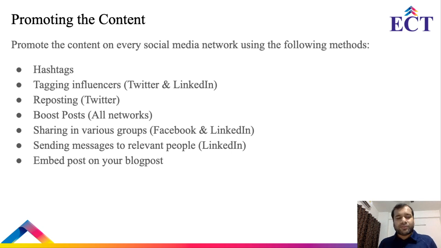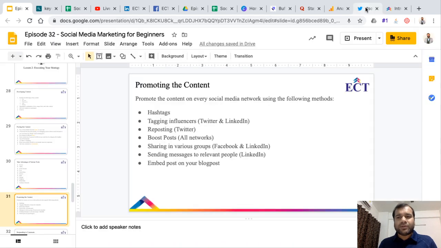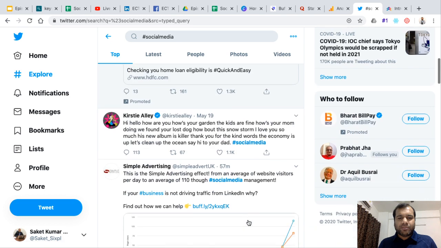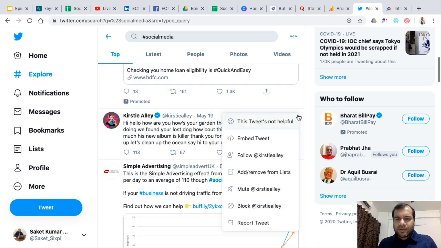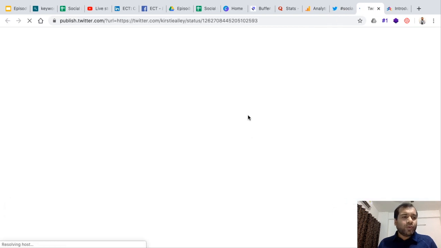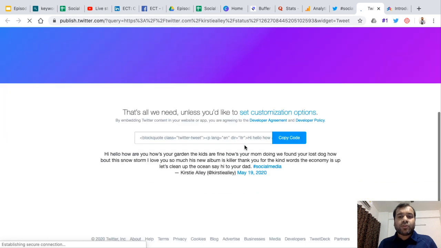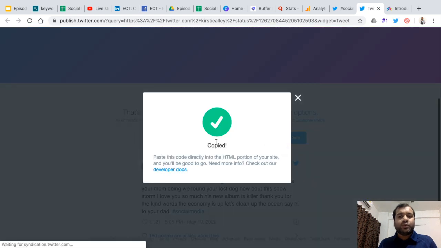Once you have posted something, for example on Twitter, you can go and embed any tweet that you've written. Click here, there will be embed tweet, and you will get a code. Copy this code and post it on your blog. So it helps both ways.